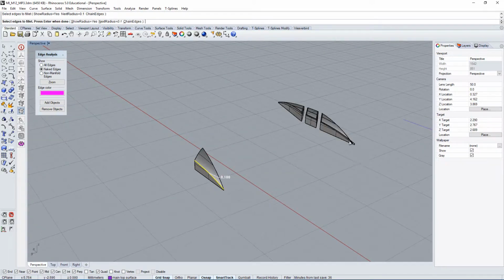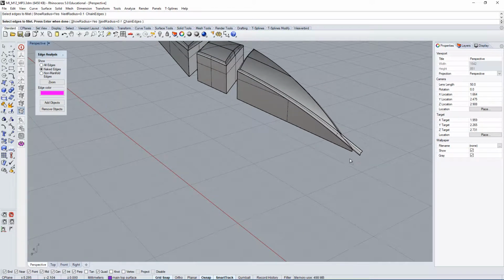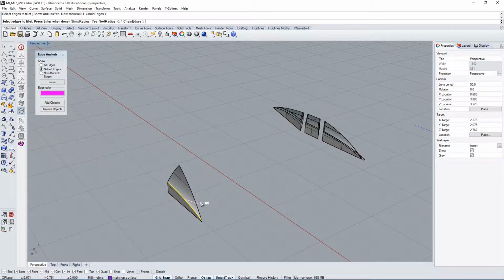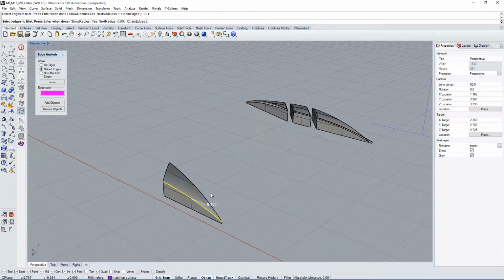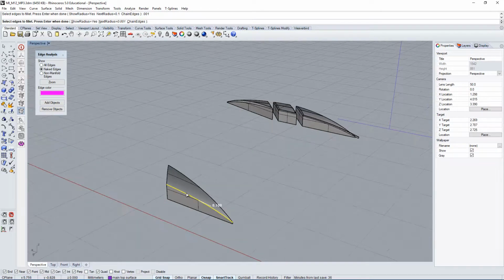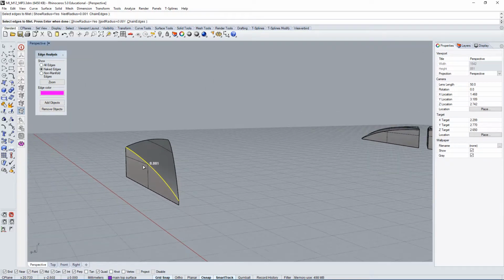The main reason why we had this open edge here, this naked edge, is because we're way below the tolerances. So if we do a fillet edge of 0.001, we're right at the tolerances, right? That's the tolerance that we've set for this model. So if you did this, it could technically fail because the edge is going to go below this tolerance number.